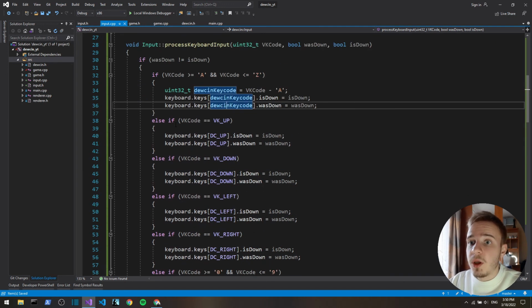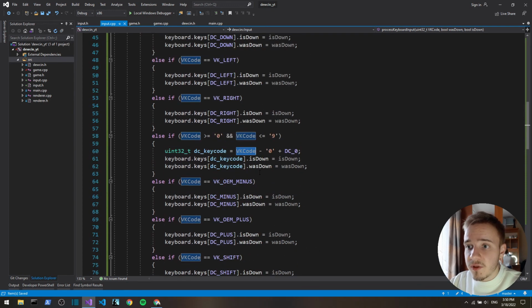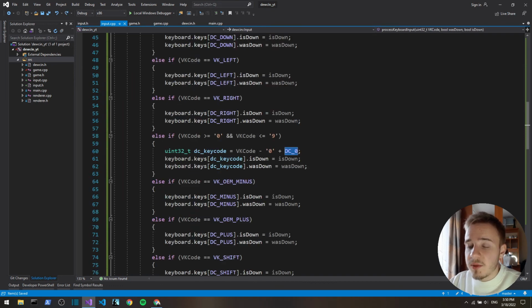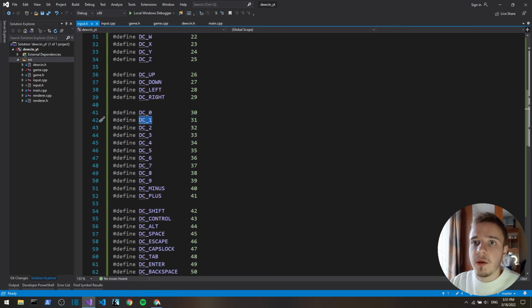And for the rest of them, we check if VK code is VK up, then we do the up key. If it's down, then down. If left, left, right, right. The numbers we also kind of subtract, like in the case of letters, we subtract the 0, the first character, and then we plus DC0, so we offset it because DC0 is 30. So for example, if the key that has been pressed is 1, we're gonna have 1 minus 0, we'll get 1, and then plus 30, we'll get 31. And let's go here, 31, DC1. Okay,